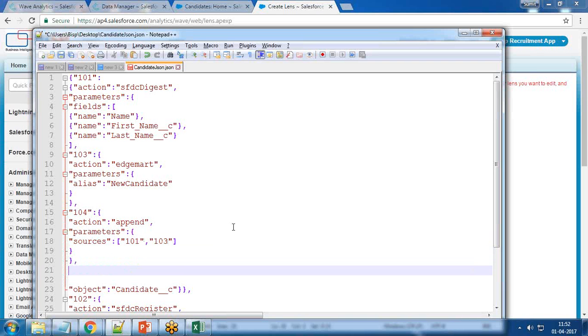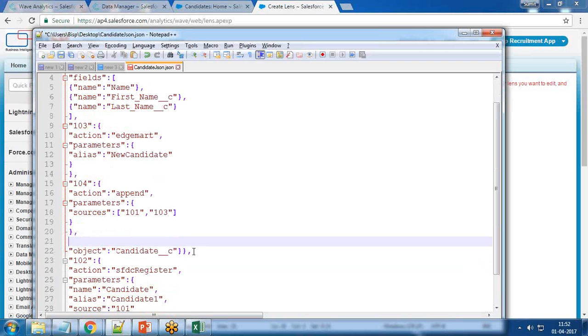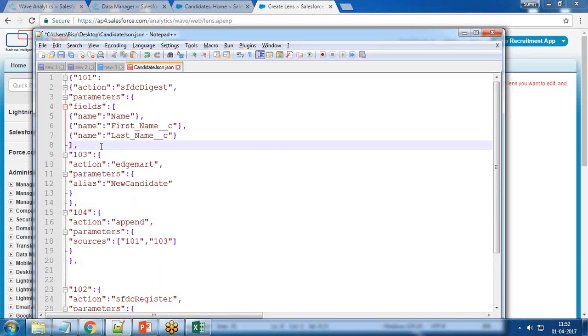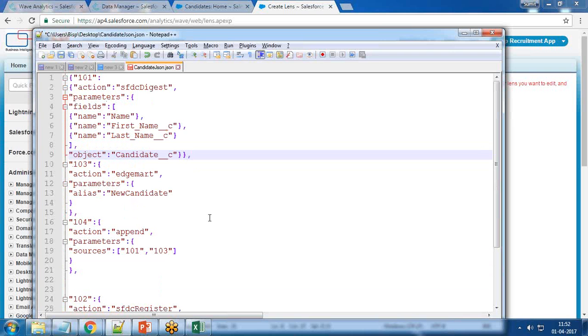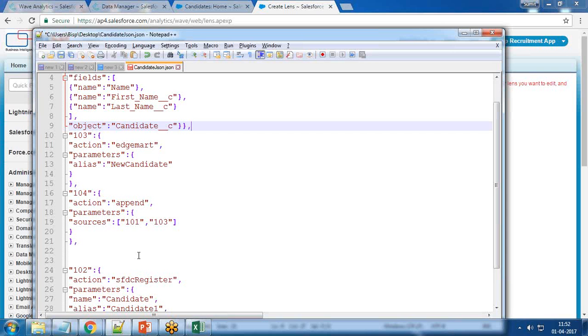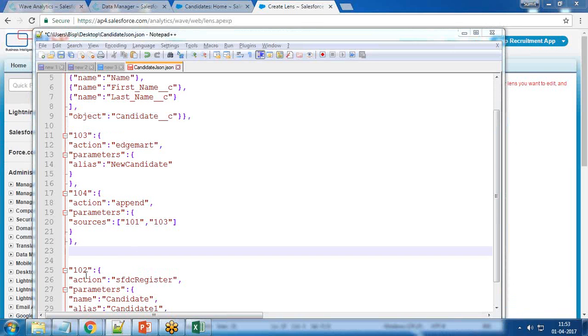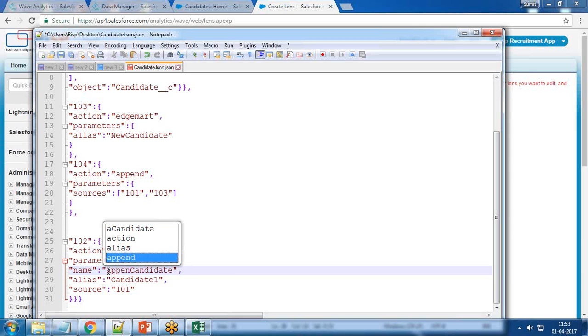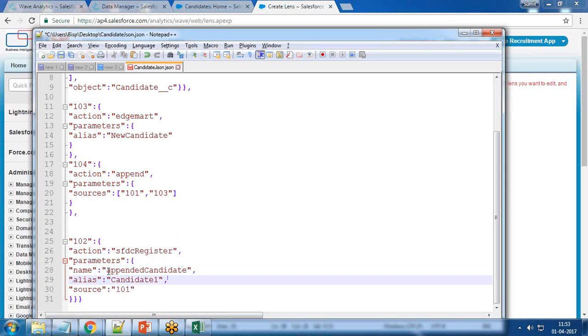It will be append. And finally I did one wrong. It should be in between this. It should go like this: fields and object. Fine. And finally this 102, which will be pointing to action SFDC register parameters candidate. So first of all I rename it, and I'll say appended candidate, just a name. In the same manner I update here as well, appended candidate,